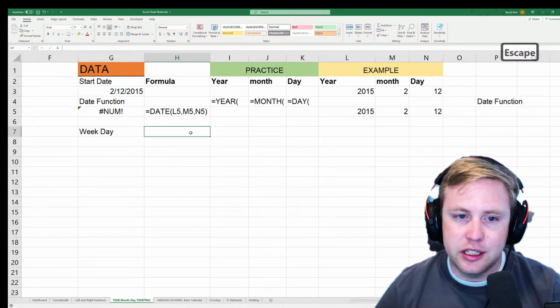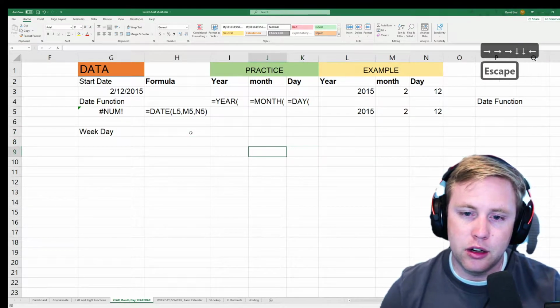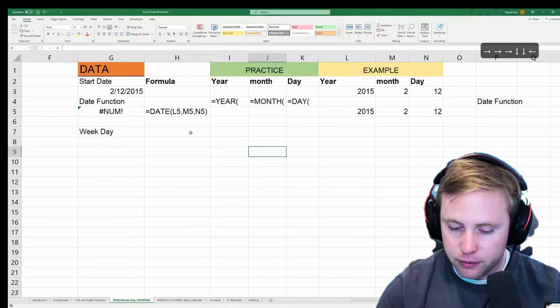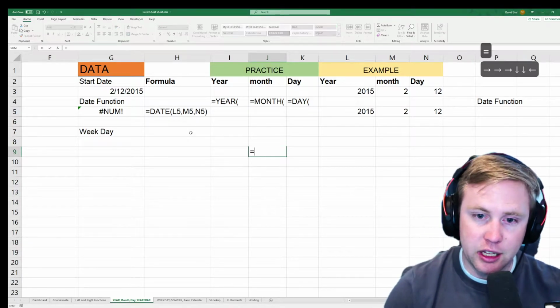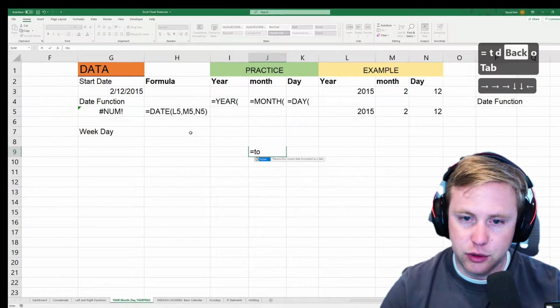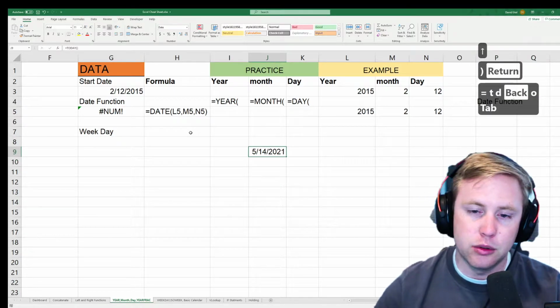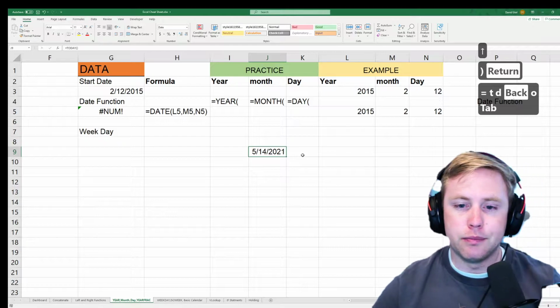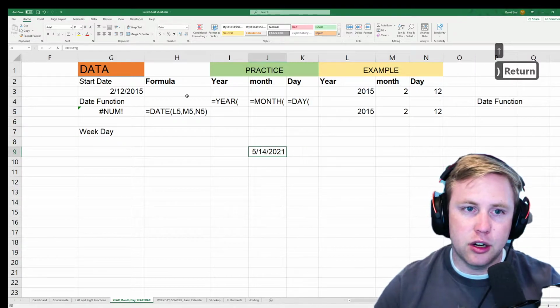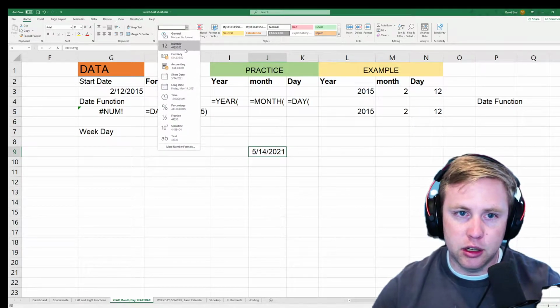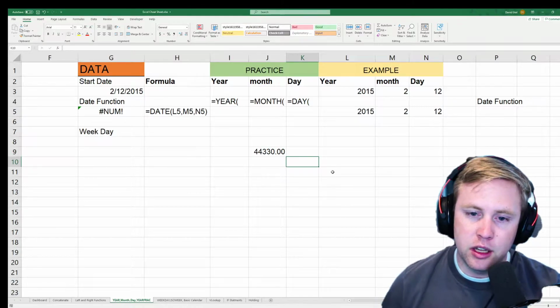In understanding dates, we have to understand how they are typically just measured in Excel. If we were to type in a date like today, which gives us, if we type in the today function and close our parentheses, we get today, 5/14/2021. If we wanted to, we could turn this into a number, just a general number. You can see it's